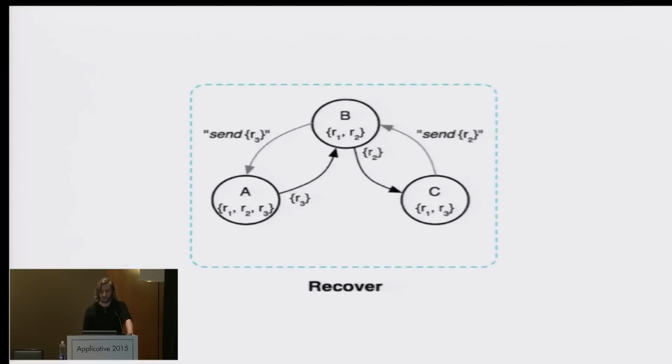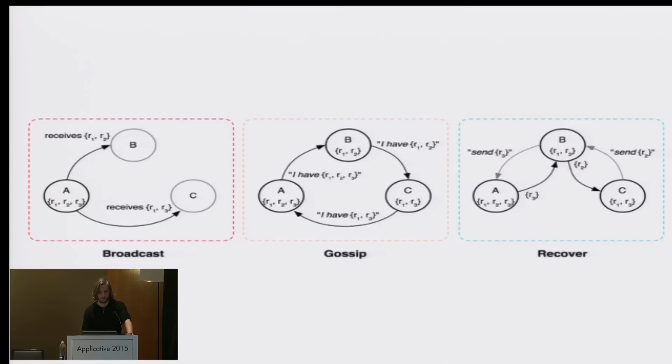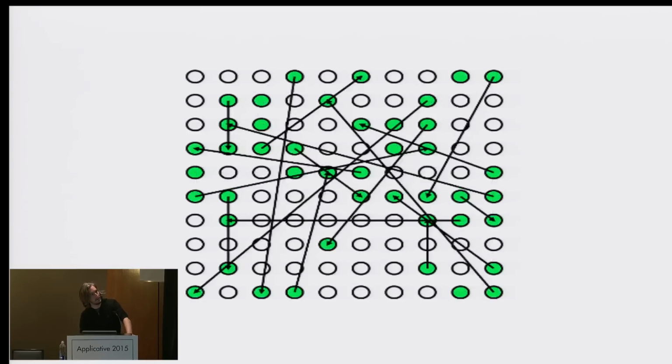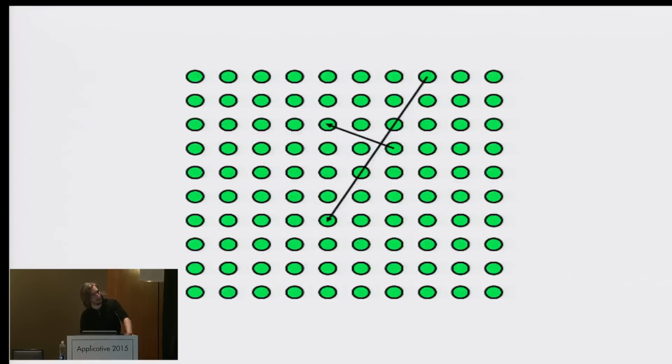And then the third phase of the algorithm is the recovery phase. Straightforwardly, every server that received a gossip goes, okay, actually, I'm missing a few. Given that the server who just sent me the gossip knows about it, please send it to me. So three phases: broadcast, gossip, and recover. The neat thing about this is that it tends to exhibit a pretty straightforward epidemic type behavior. Look at this: we started with one node, and it very quickly covers all of them in a little simulation of it.